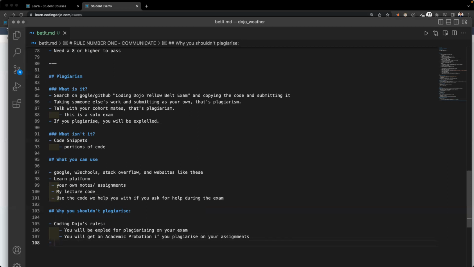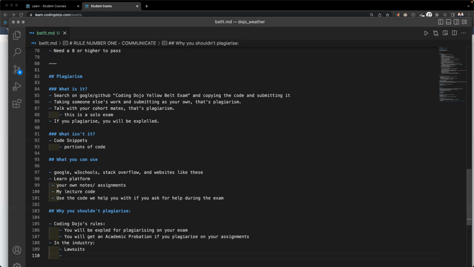For example, if you plagiarize in the industry, you'll be a cause for lawsuits. Let's say you go through the entire program and you cheat and you're not caught.